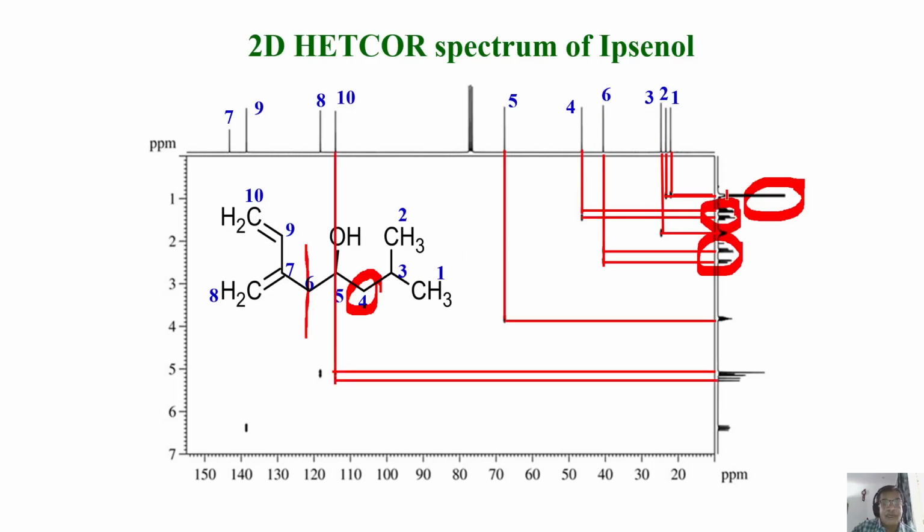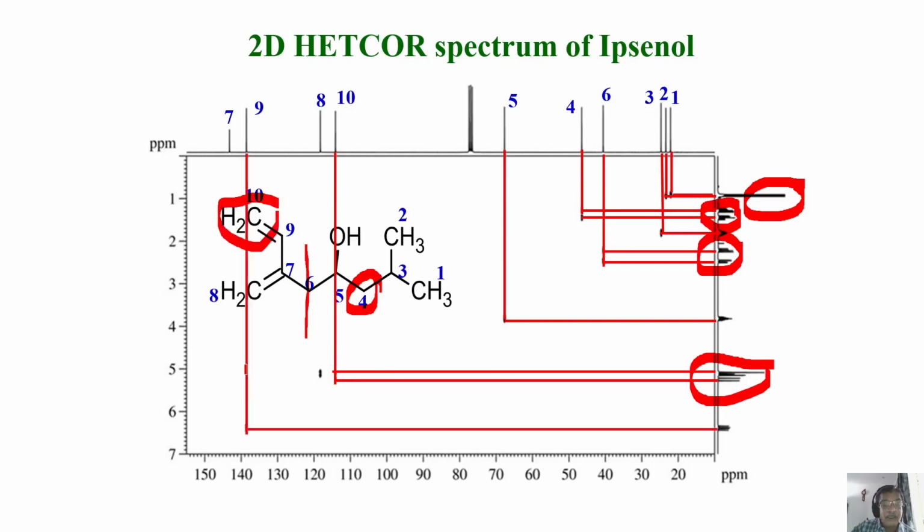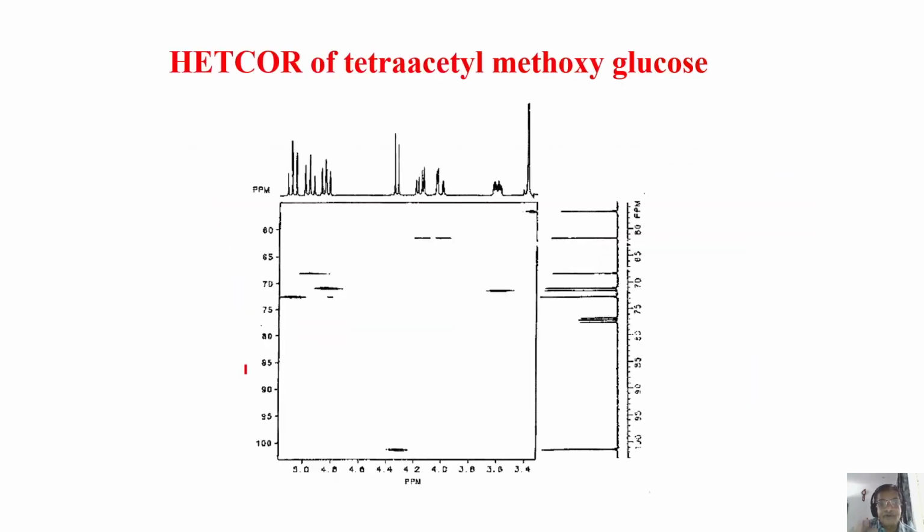And you see the proton again. Interestingly, it has 2 peaks here, correlating to 2 peaks. Maybe they are non-equivalent here. So you can very easily identify all the protons to all the carbons they are attached to. Of course, you can keep extending. Analysis of the HETCOR spectrum is very simple. Take the example of